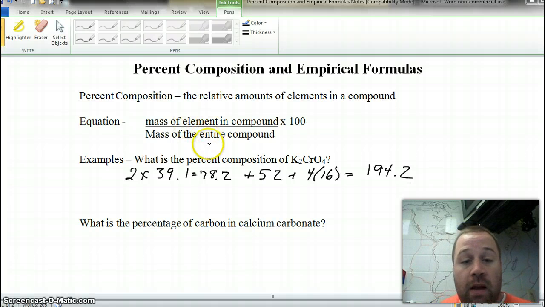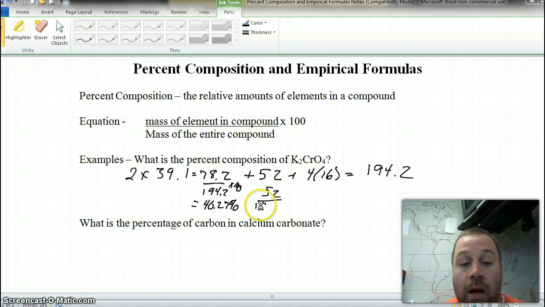To find the percent composition of that, you just take each individual element's mass and divide it by the total. So for potassium, the mass is right here at 78.2. If we divide that by 194.2 and multiply by 100, we should get its percentage, and its percentage is 40.27%. So all that means is 40.27% of the total mass is potassium. For chromium, we take the 52 divided by 194.2 times 100, solve, and it's